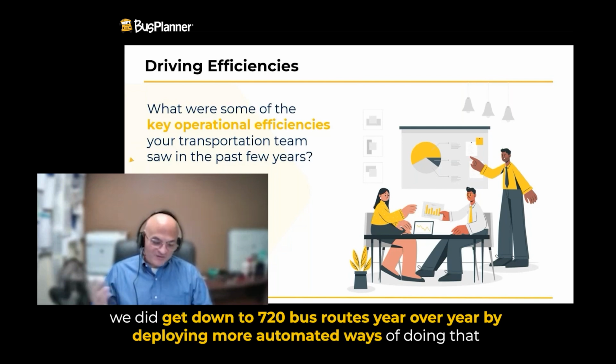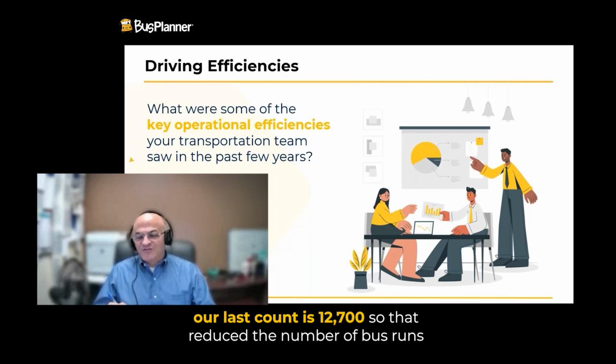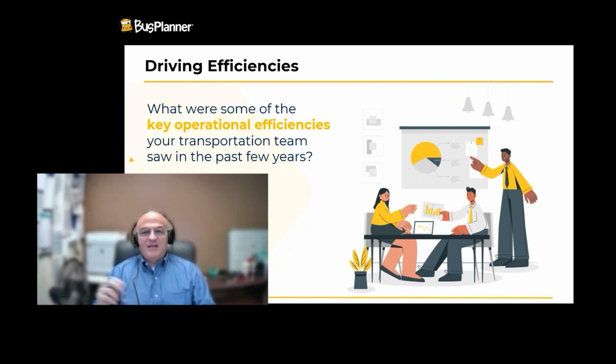So we did get down to 720 bus routes year over year by deploying more automated ways of doing that. We also reduced the number of bus stops. We used to have about 15,000 bus stops. Our last count is 12,700. So that reduced the number of bus runs and reduced the number of bus routes. It is more work to do that, and we find that it constantly keeps us busy to make sure that things are running